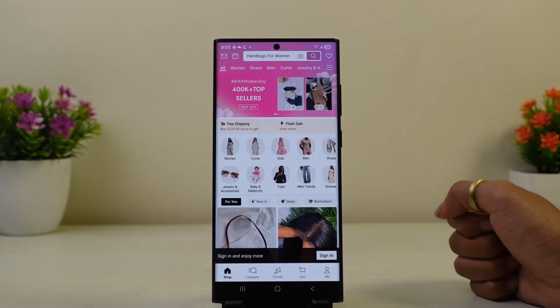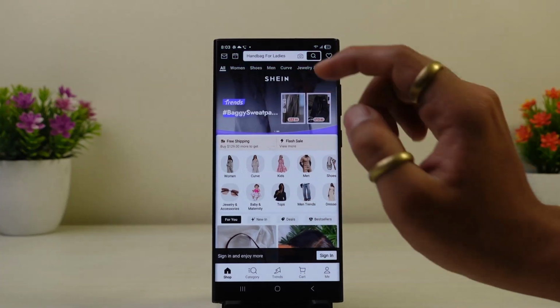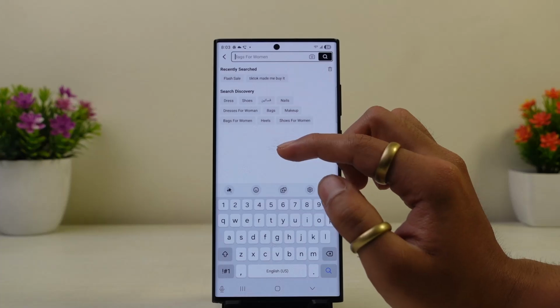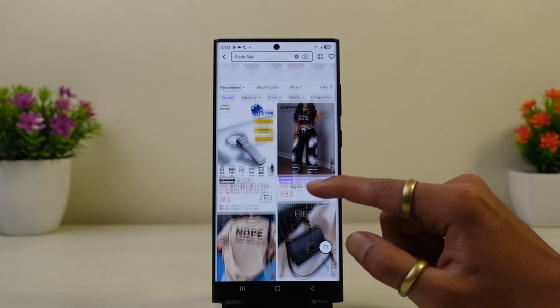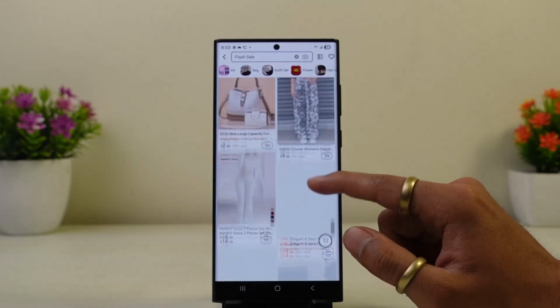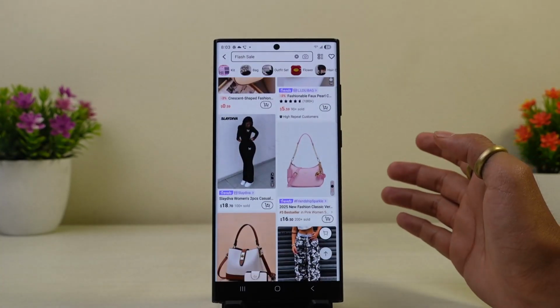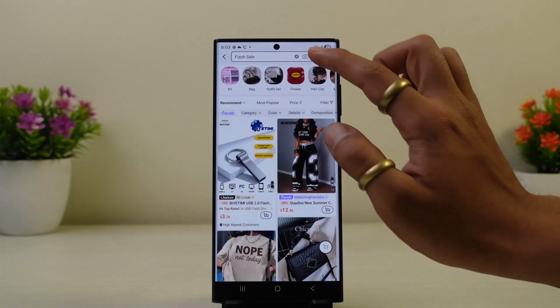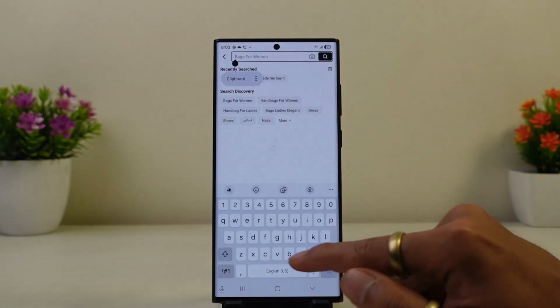head to your browser and type in flash sale section. Or what you can do is go ahead and search for a specific item, or just type in flash sale and you will be able to find all the flash sale items over here, and just select your product and you can purchase it. Or what you can do is go ahead and tap on this search bar and type in